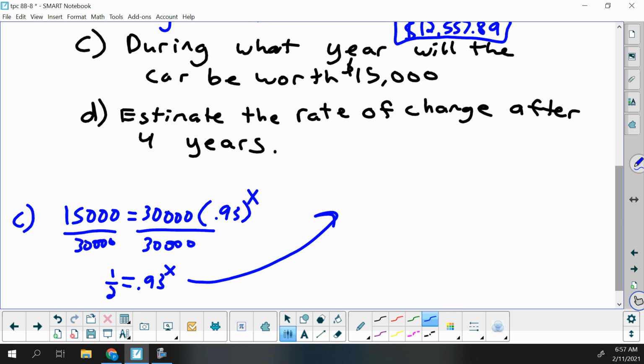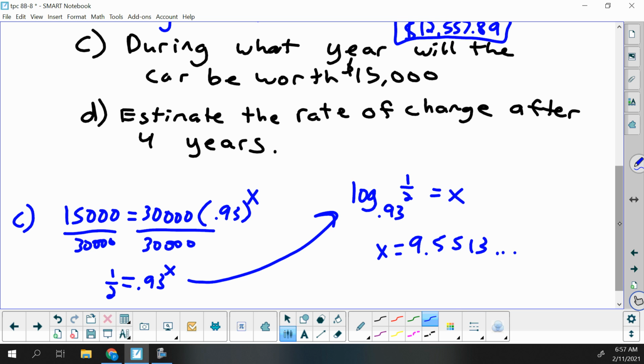So if we move over here, when we want to find x in an exponent, we've got to do a log. The base of your exponent should always be the base of our log. So we're going to have log with a base of 0.93, and then inside will be the half. Now the x is by itself. That's what we wanted. So in our calculator, remember the log button is above the 10 to the x, right next to the 1. So do control and then do the log button. Put in your base of 0.93, put in your half, and we end up getting the x is